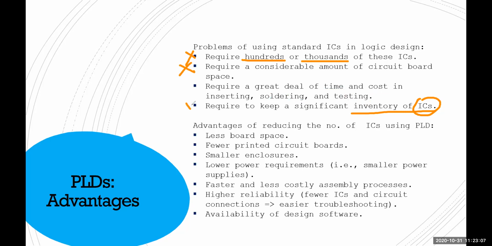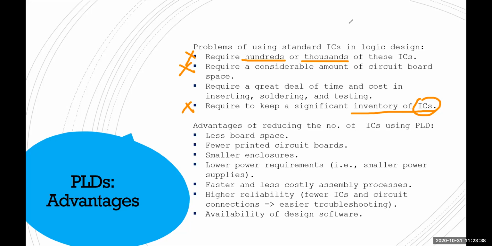You do not need a large inventory supply. Why? You only need, let's say, 10 or 20 or 50 or even 1,000 of one type of IC, not 7 types of ICs. One type of IC is enough, because you can do all the work in one type of IC. If you want to use it as an OR gate, you can use it as an OR gate. If you want to use it as a NAND gate, you can use it like that. You just have to program it.